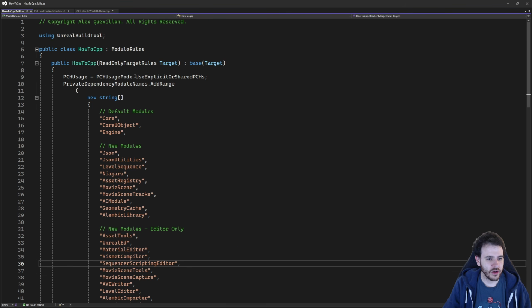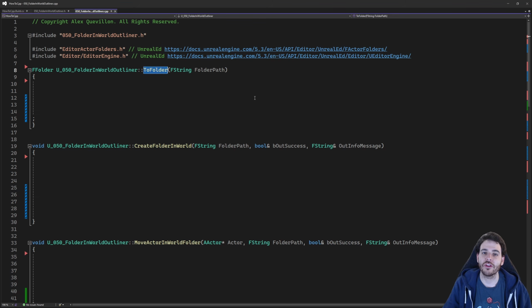So I'm going to go in there, and where is my Unreal ED? Here we go, I have my Unreal ED module right here. If you don't have it, just add it in the list and it should work. Perfect. Now let's go back in the CPP and take a look at the first function,